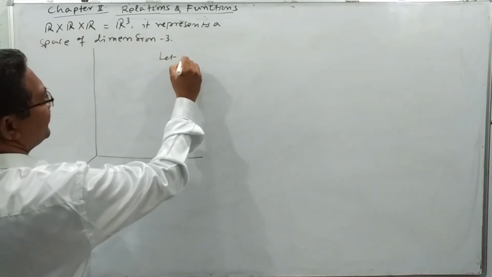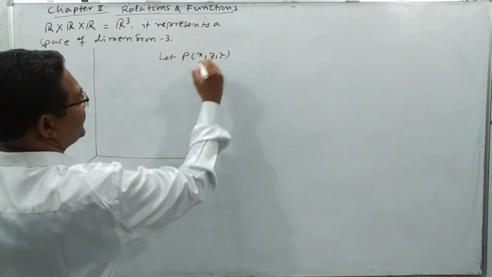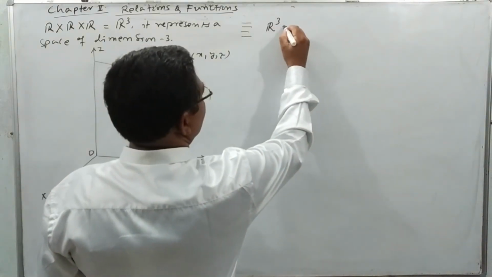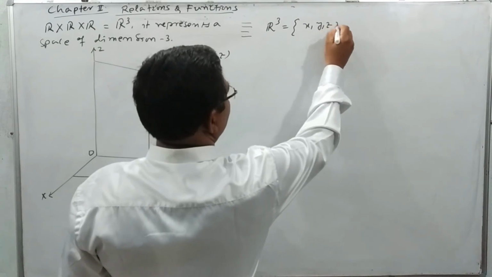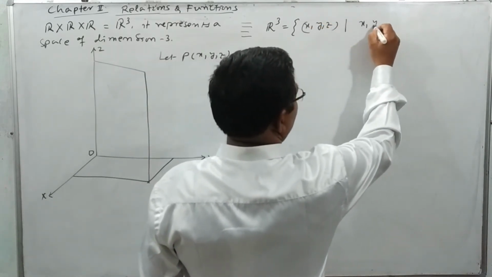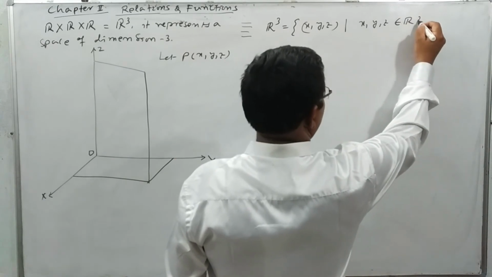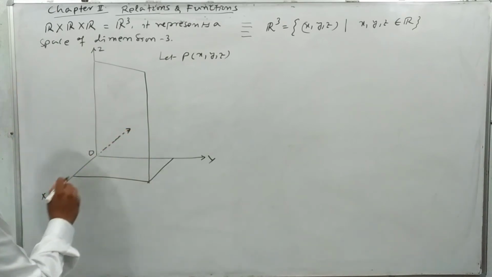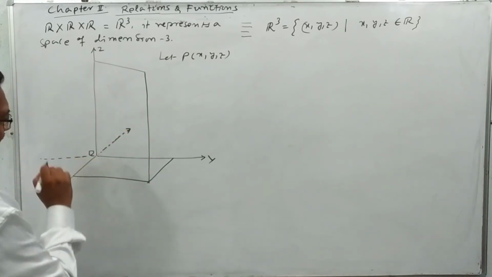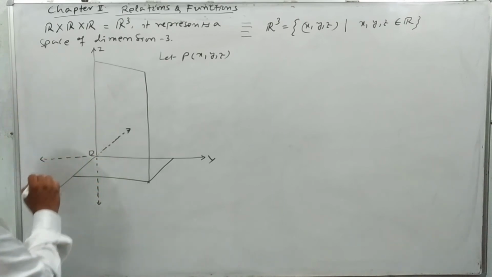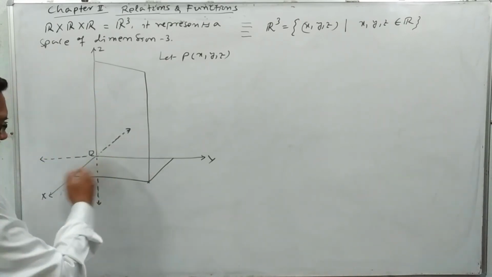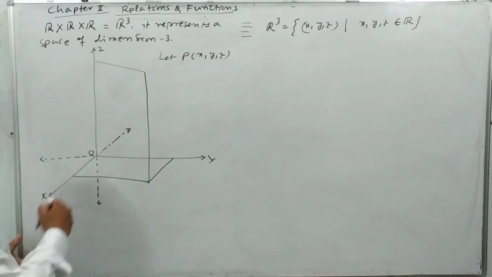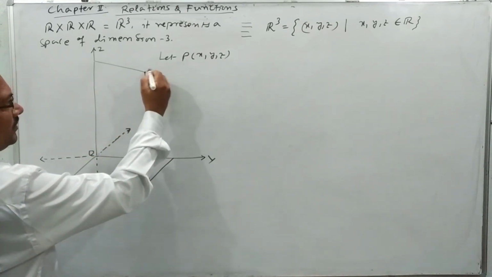Let P(x, y, z) be a point here, such that these x, y, z are elements of the real set R. Consider the real set R in this form, another real set in this form, another real set in this form. We got my positive x-axis towards me, positive reals towards right, positive reals towards z. This is the plane. As it is my point P, (x, y).